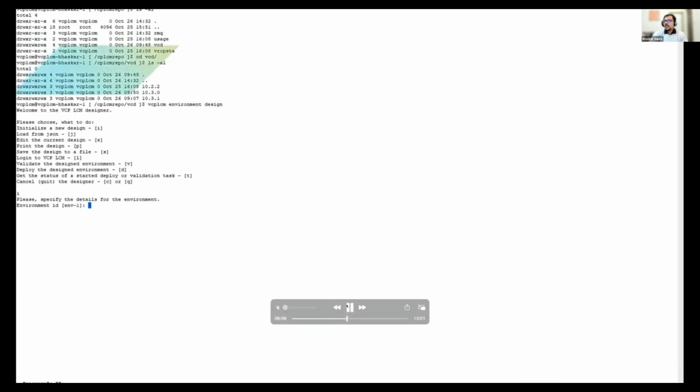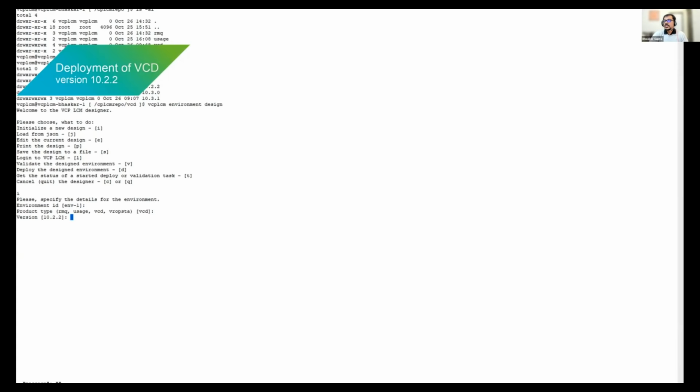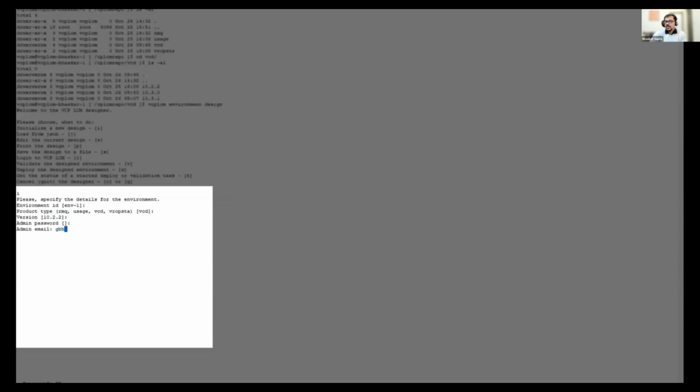And here, once I type I, it will ask me what you want to deploy, like what's the environment ID. This is the unique ID. And it will ask you what product you want. I give the version name and the number, like 10.2.2 for VCD, the admin password, email address, the domain. This is all you have to provide, the node count. So I'm giving the node count as 2, and the node details here, like what's the host name for the first node,